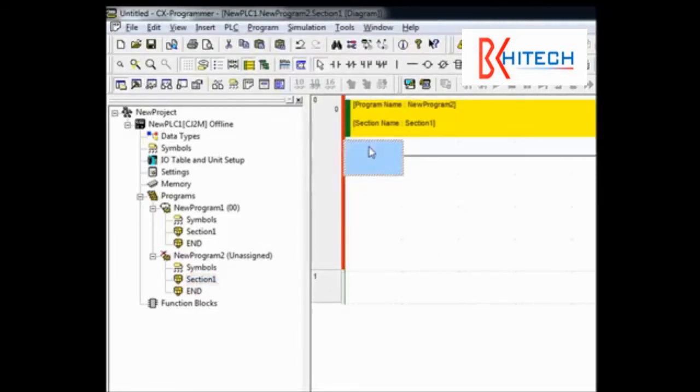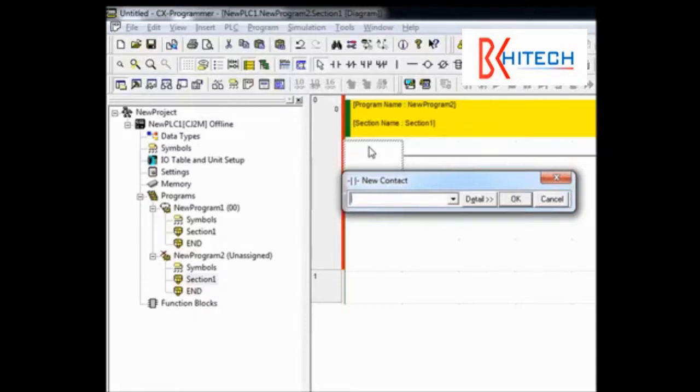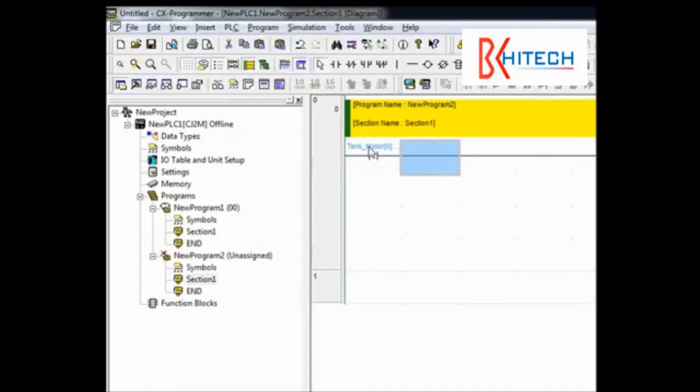I'm going to insert a new contact here. To assign a member to this contact, simply type in the symbol name, which was Tank Motor, open bracket, an array index, which I'm going to choose 0, close bracket, dot, and then the member name, which I'm going to use push button on. As you can see, using data structures in CX Programmer is very easy. Using data structures adds an element of organization and flexibility to your Ladder, SFC,